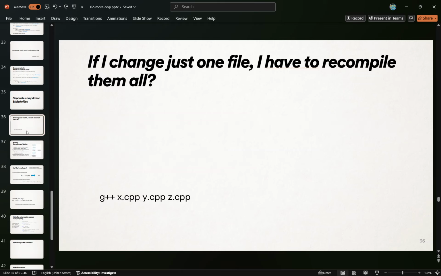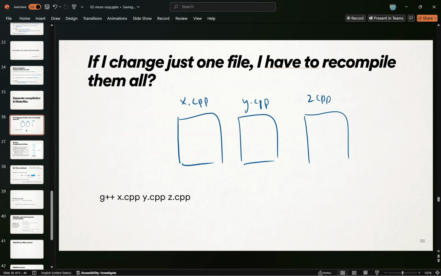So here's kind of where I'm going with this. If you've never learned this before, it's a wonderful, wonderful thing. So let's say we've got a program. It uses 3 CPP files, potentially some header files, but we don't care about them because we don't give those to G++. They're going to get included as they need to get included. All right. And so let's say we've got all these guys, and